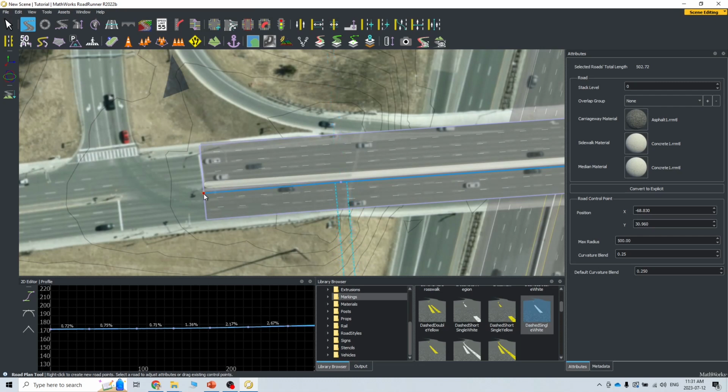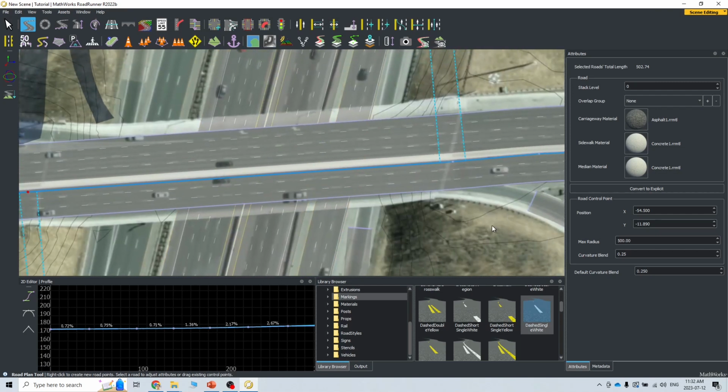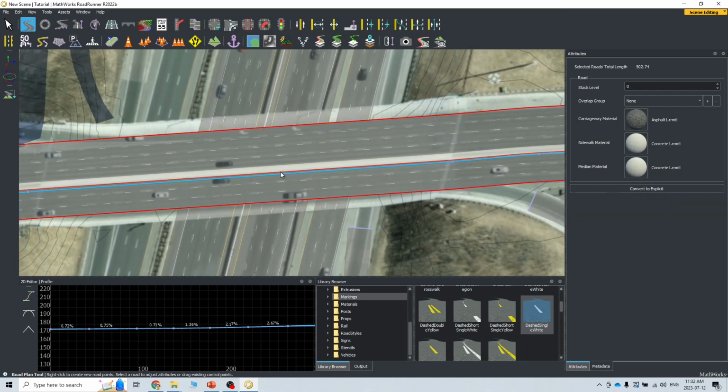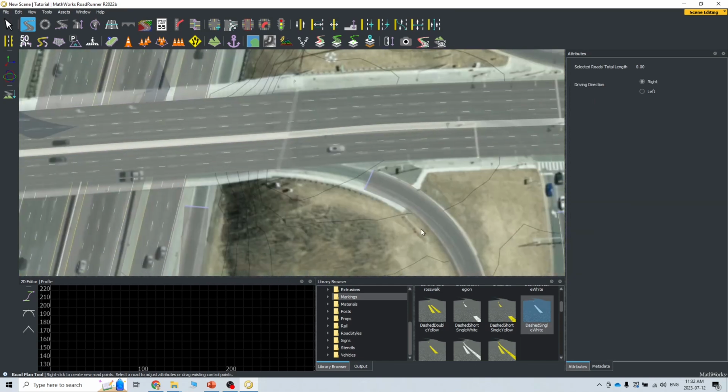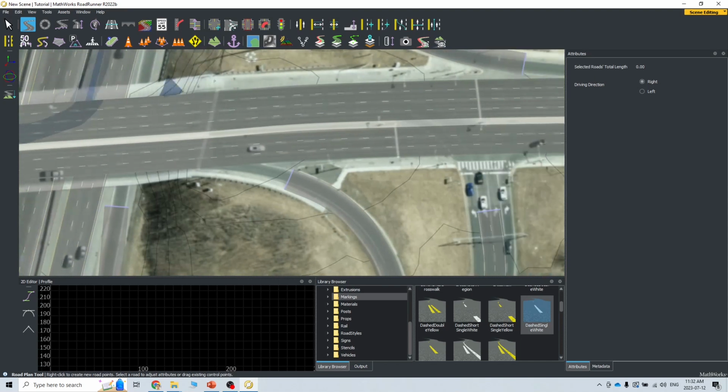We need to match it. I'm trying my best. Okay, and